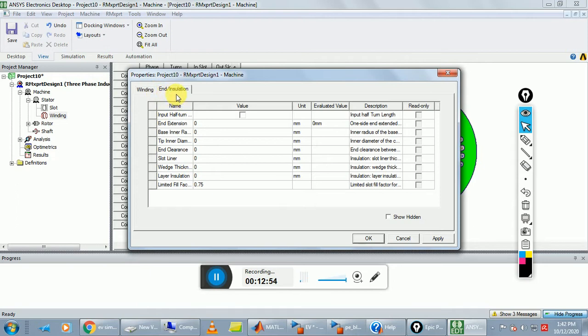Here we change the tab and check input half turn length. Here check the half turn length, and end extension is 10 mm.